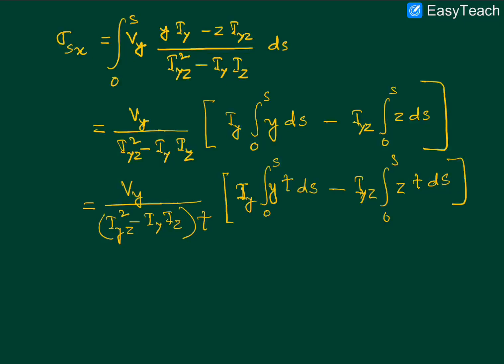This one represents, since this is the elemental area and Z is the distance from the Y axis, the first moment of area about the Y axis. So if we represent the first moments of area by the capital letter Q, then what we'll have is